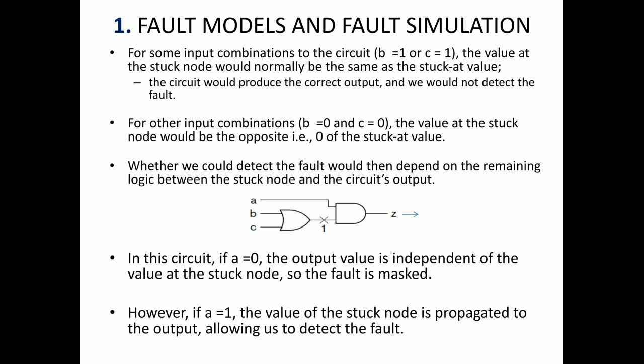This will identify the fault model. And how does it affect the AND gate? The AND gate is affected in such a way that when A is equal to 0, the output of the AND gate is supposed to be 0, right? But when A equals 1, the other input of the AND gate is always stuck at 1. Then the result will be 1.